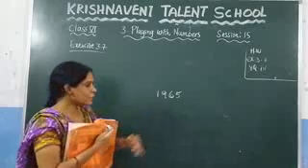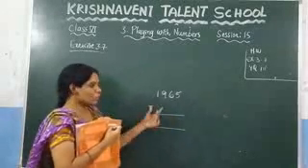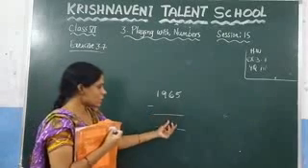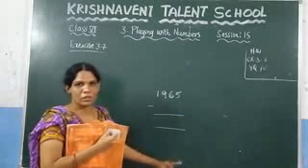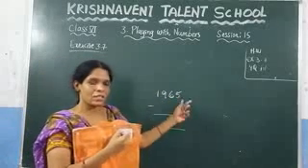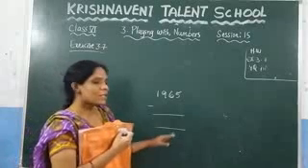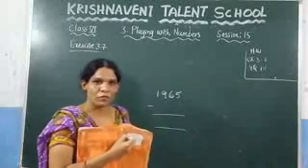This is the number they have given, and they are asking which smallest number you need to subtract from this number. That means you need to subtract one number here such that you will get an answer, and this answer should be divisible by 4. That is the question they asked here. They have given this number and they are asking which is the smallest number that is subtracted from this number, so that the result obtained is divisible by 4.